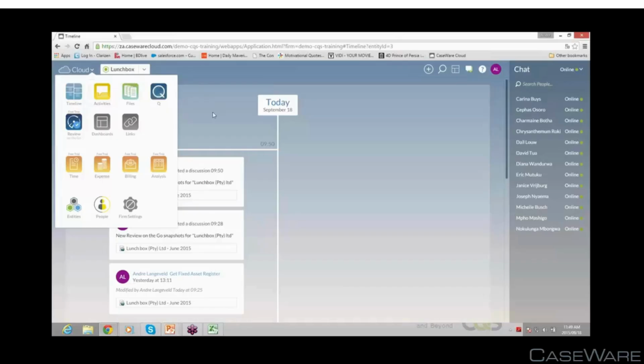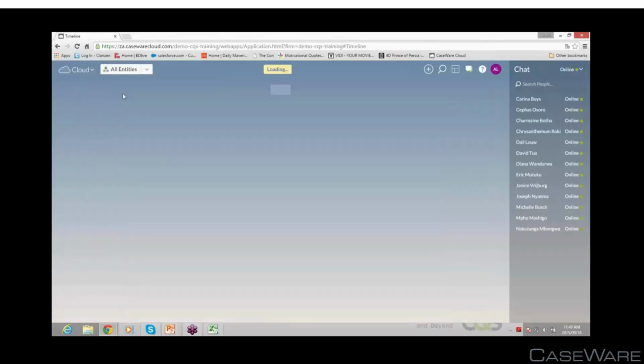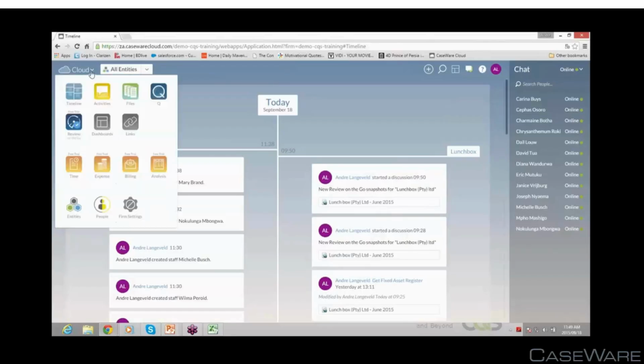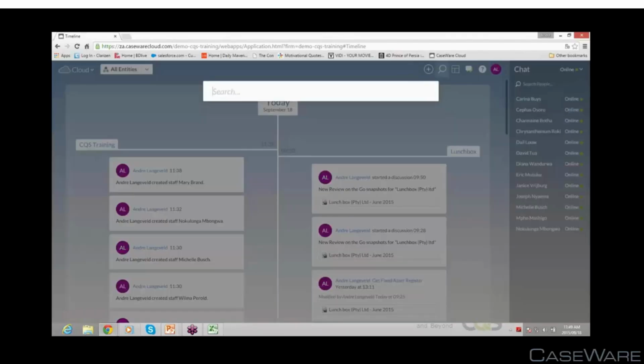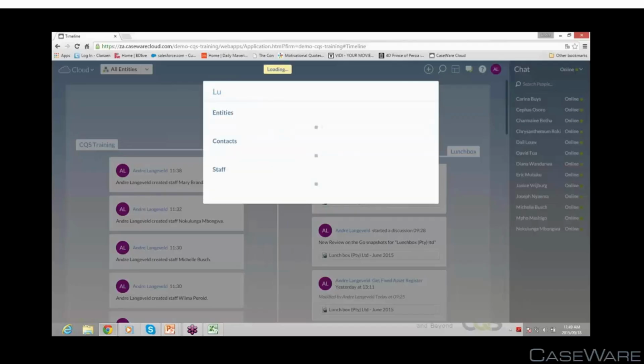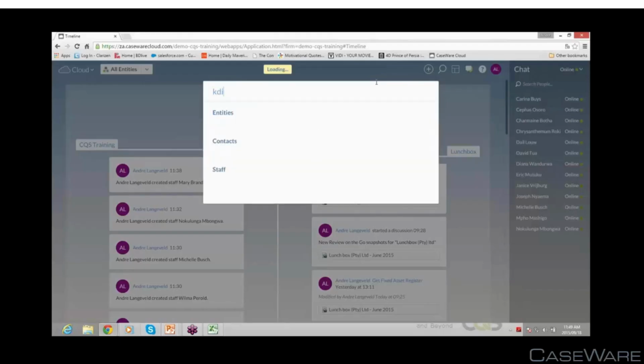So guys, if you can't see, oh, I can't see this other client's details, etc., it is because you have linked it to just that Lunchbox. So if you do that, please remember to always click on all entities if you want to be able to see the activities or the files on all entities. While we're mentioning that, I want you to quickly click on your search button, the little magnifying glass, and then if you start typing, you'll see it comes up with, are you looking for